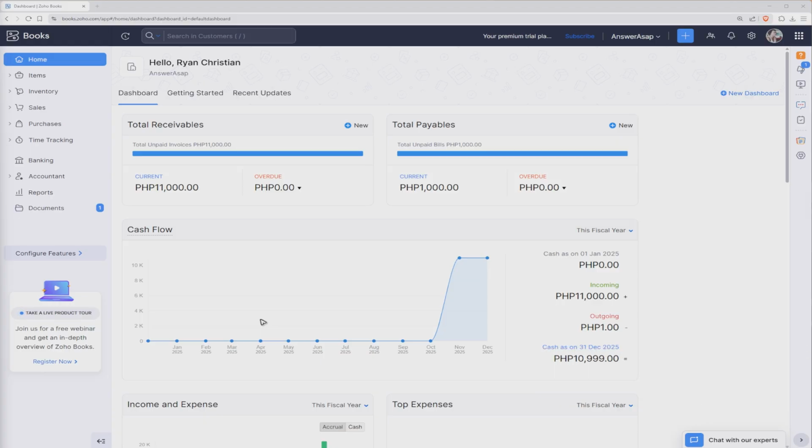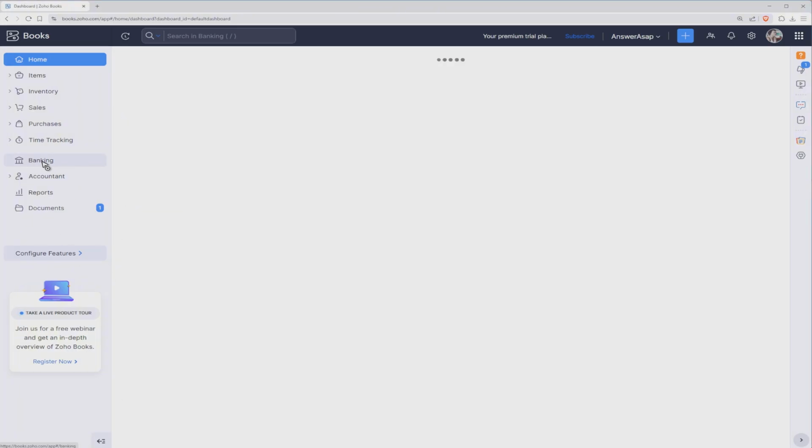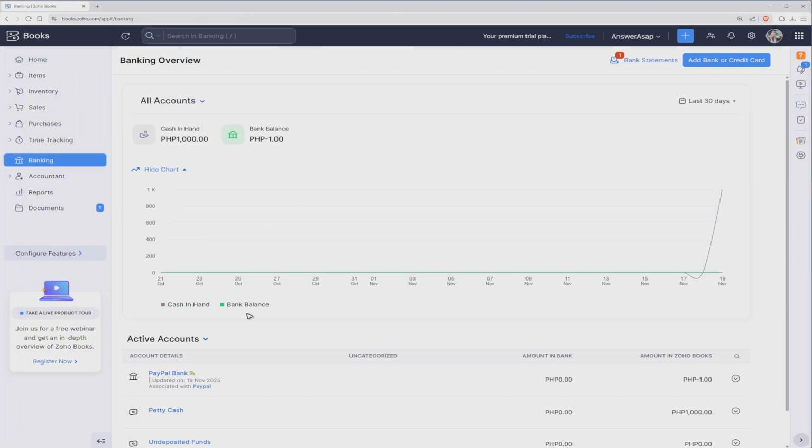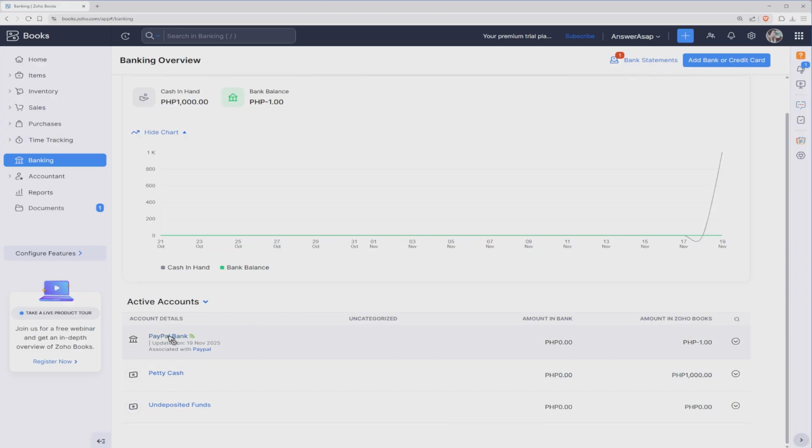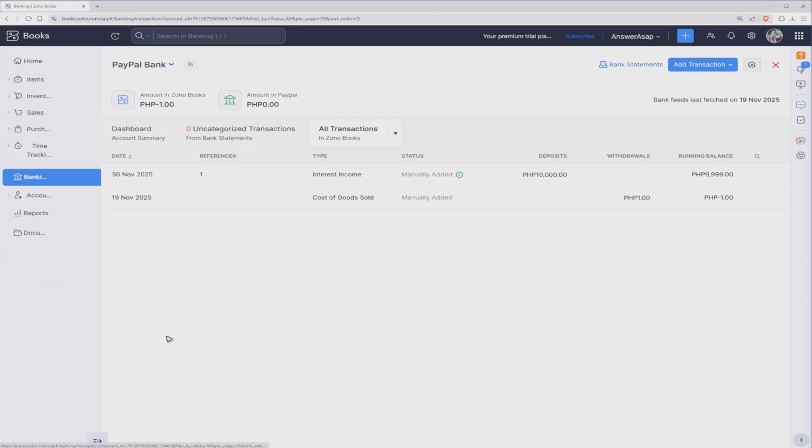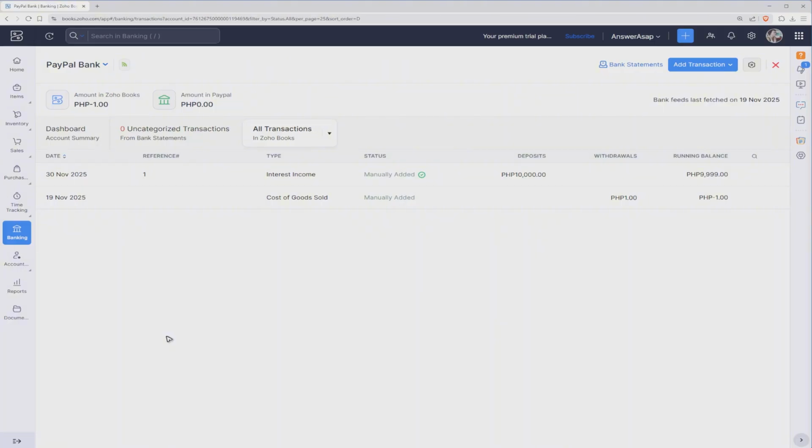Alright, so first up, log into your Zoho Books account. Now go to the left panel and just go to banking. Once done, scroll down and go ahead and find the specific bank that you would like to change or undo the reconciliation. Now once you're in here, just go to the top and click on the gear icon